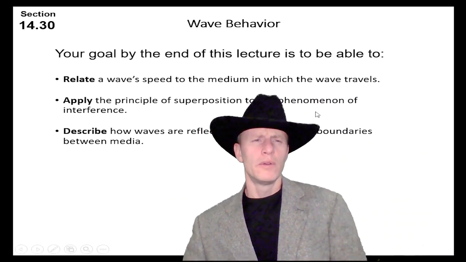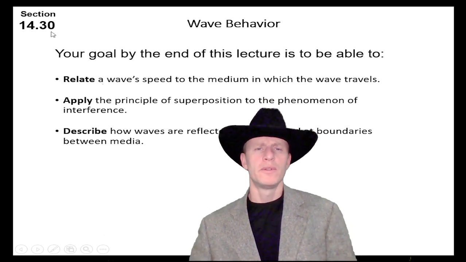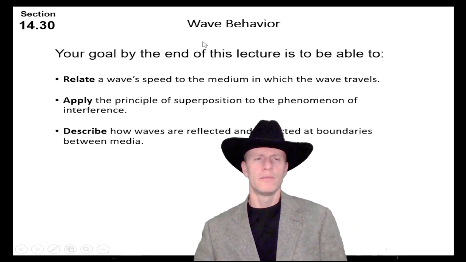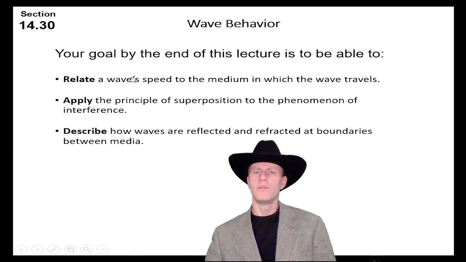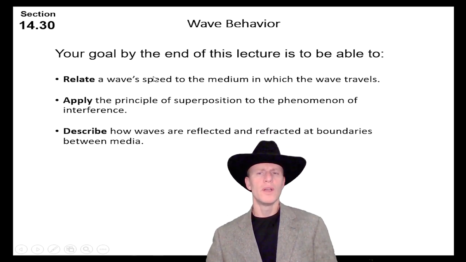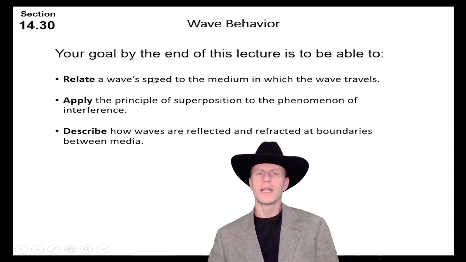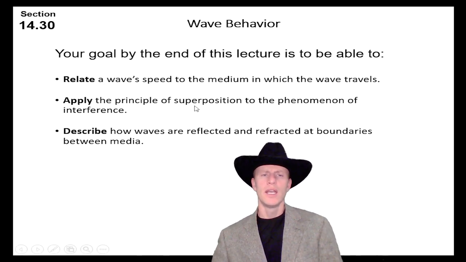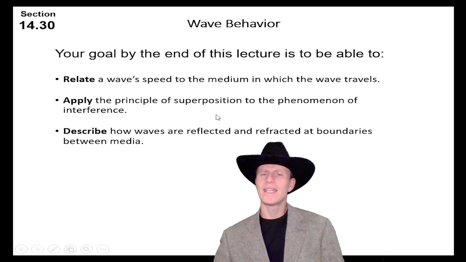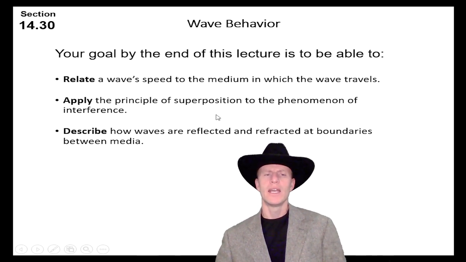Cowboy Joe here with a recapitulation of section 14.30 on wave behavior. Your goal by the end of this video lecture will be to relate a wave speed to the medium in which the wave travels, apply the principle of superposition to the phenomena of interference, and describe how waves are reflected and refracted at boundaries